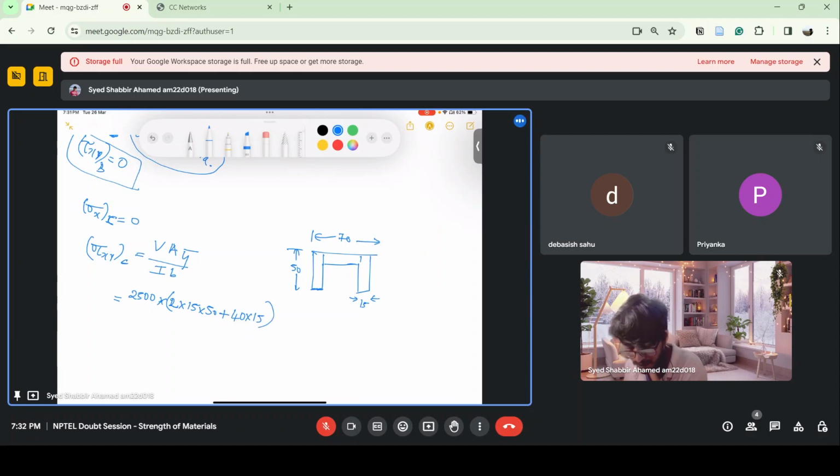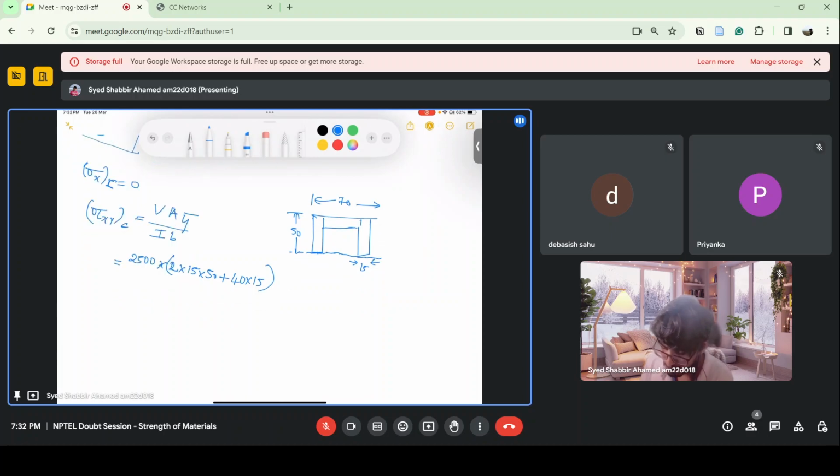Yeah, 40 into 15. The y bar is, we have to calculate the centroid of this area, and that can be done. I think you have done the engineering mechanics course. Centroid: total area into, let's say this is my axis, to the centroid of this area is equals to,